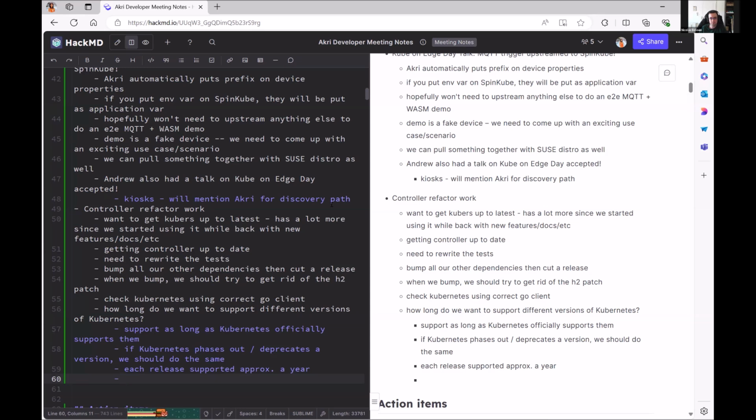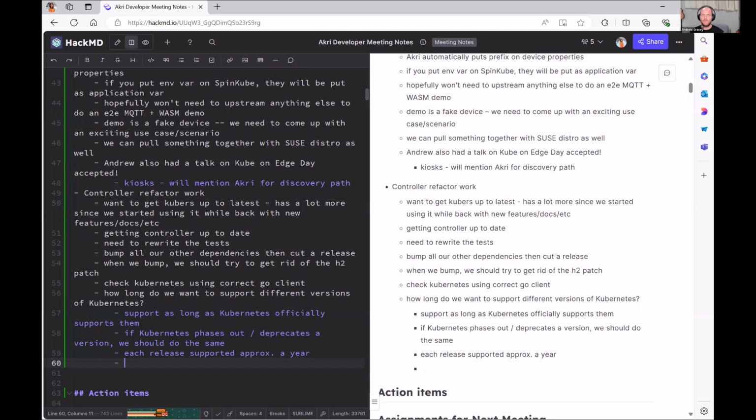So that's a place where vendors can provide additional value, if they so choose. Got it.